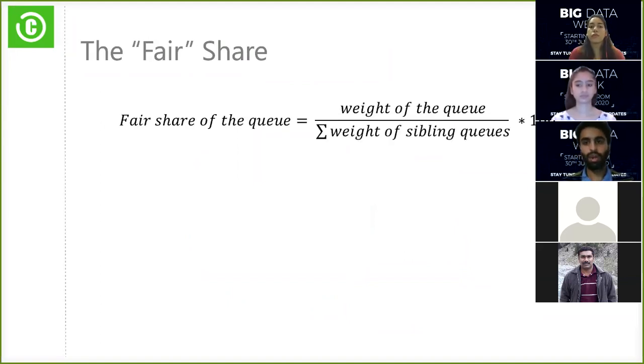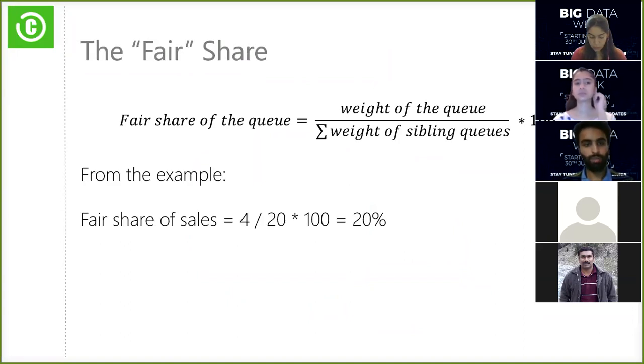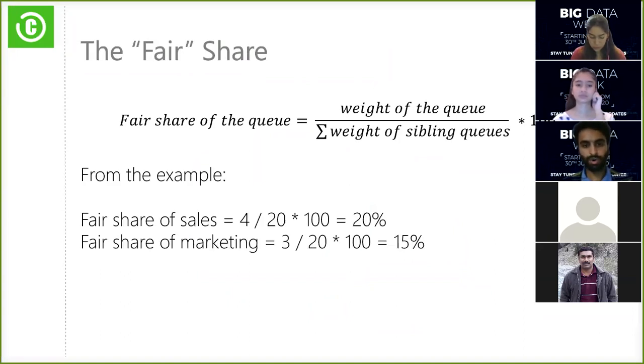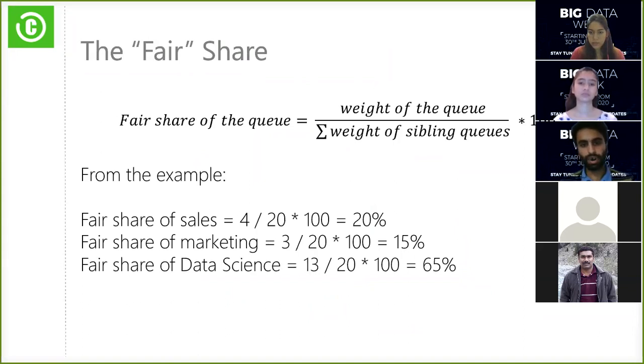इसका एक थोड़ा सा खौफनाक सा फॉर्मूला है कि हम क्यू का जो वेट है उसको टोटल वेट पे डिवाइड करते हैं, जो उसके सिबलिंग्स और उसको मिला के होता है, उसको 100 से मल्टीप्लाई करते हैं टू गेट द परसेंटेज ऑफ द फेयर शेयर ऑफ द क्यू। अब अगर हम एग्जांपल में देखें तो सेल्स का 20% बनता है, मार्केटिंग का 15% बनता है और डेटा साइंस का 65% बनता है।